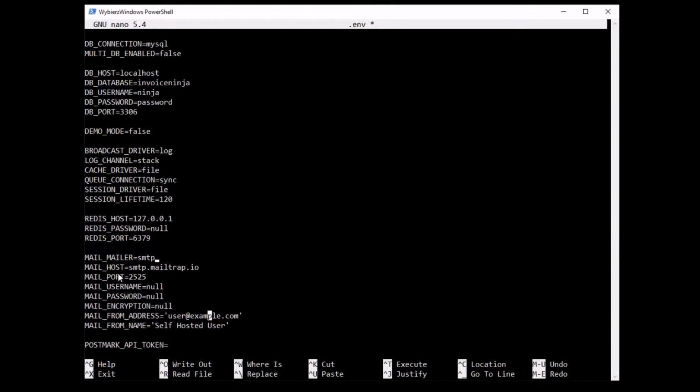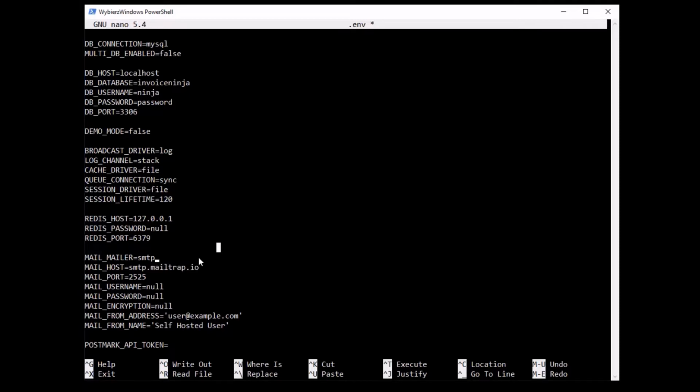Here, mail host, you need to choose the SMTP settings from your email provider, basically. So if you are using Gmail, you will input here SMTP settings from Gmail, and so on and so